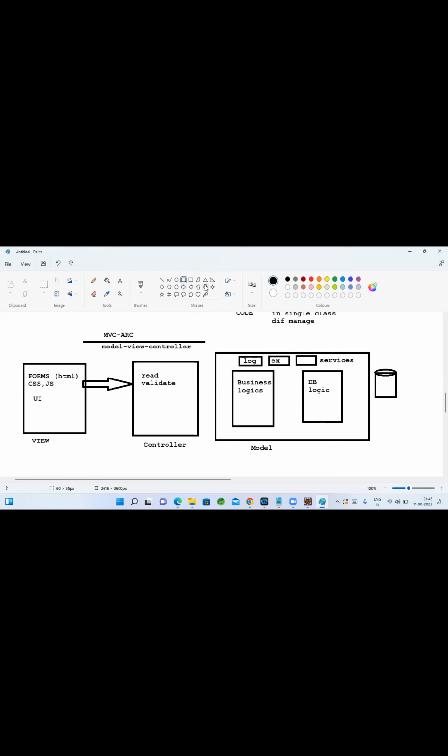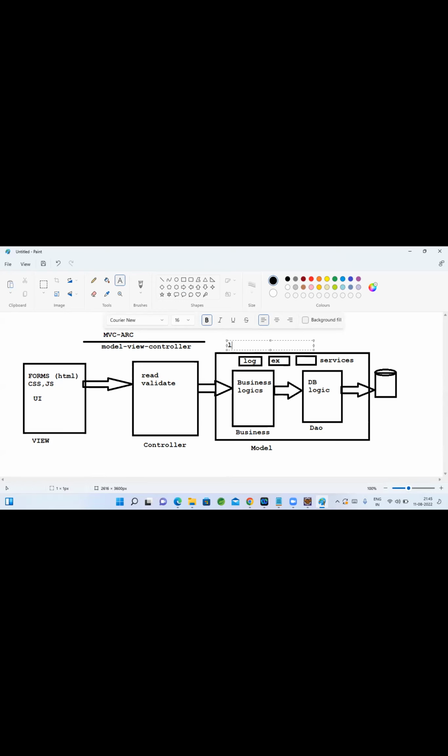Finally, the controller will send the data to business, business will pass the data to the DB logic, and the DB logic will interact with the database. This much clear logic separation we do. We call it MVC. You can call this the business code, and you can call the DB operations the DAO. So in this many layers we write our code, just for clear logic separation and reusability.